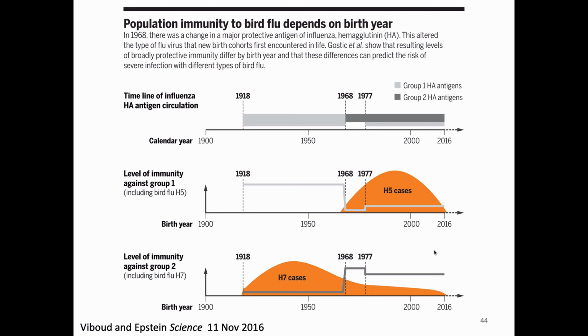And so in fact, when we think about how to protect the population against pandemic flu, we might need to think about how many people there are in different birth years who are susceptible to different things. And so if we worry about H7N9, then we've got to figure out a way to protect people who were born before 1968. And just to give you an idea, in this paper,